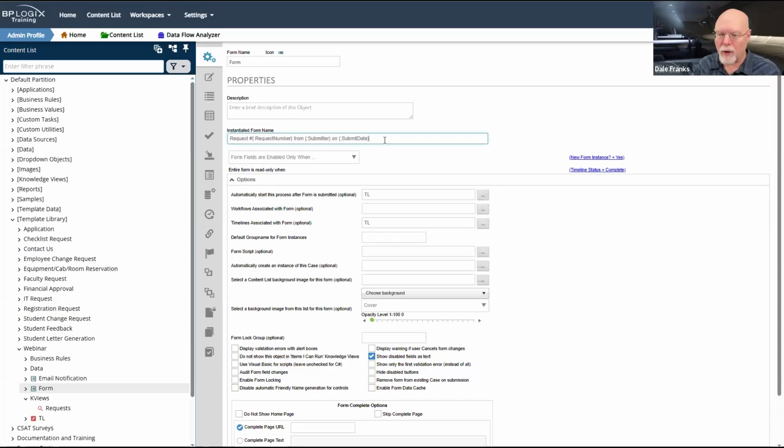And if there are going to be hundreds of requests, I can search for Dale and it'll pull all of the form names that include Dale. Or I can search for specific request numbers, or specific dates or years. It makes my life a lot easier having these three standard fields, because now I've got three very useful things that I can search for and filter on in a knowledge view should I decide to do that.